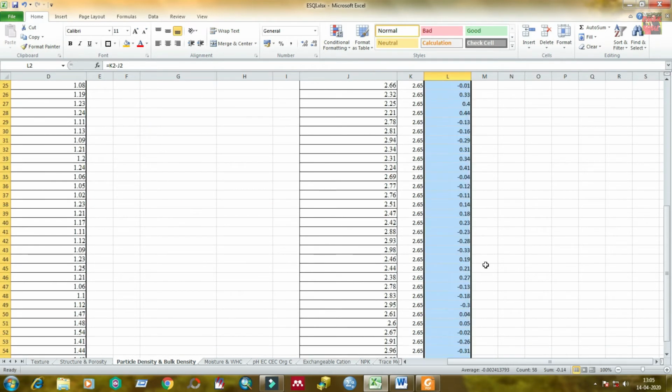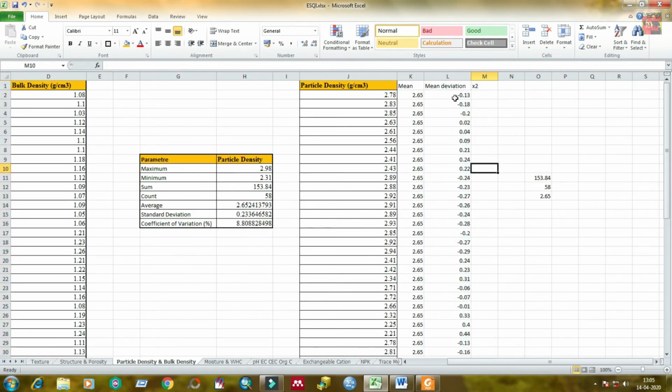And for x squared, you need to multiply the mean deviation value twice. Firstly select the mean deviation value, then press multiply, and then again select the mean deviation value. That is the answer. In the same way, drag the cursor downwards until the last data.